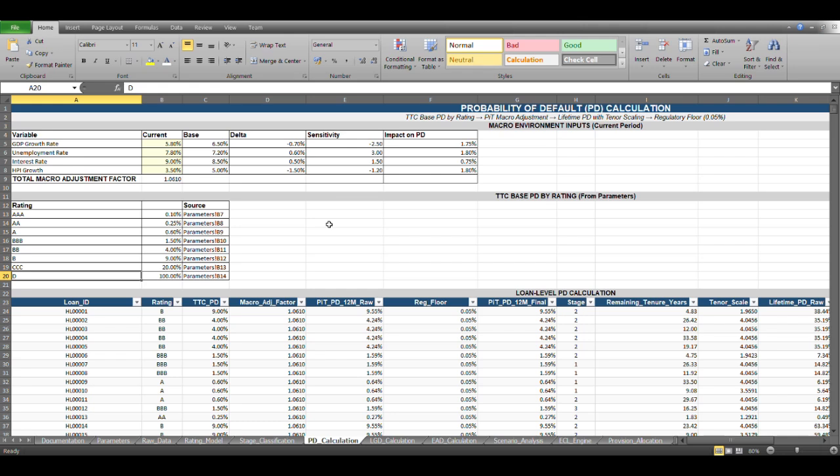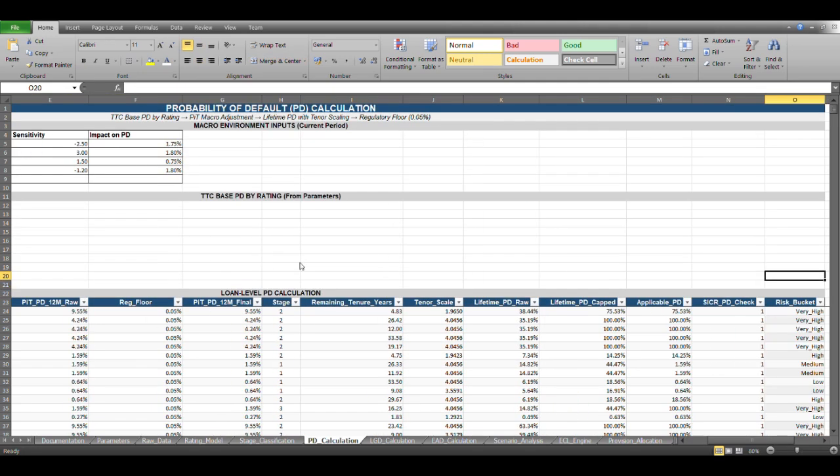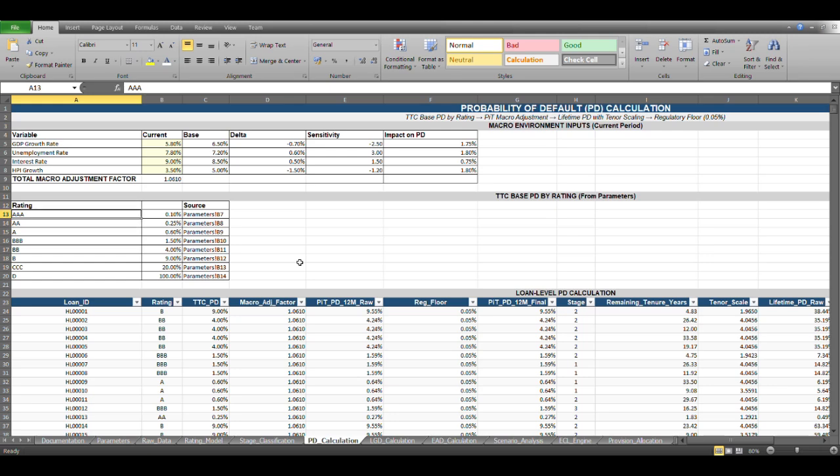The PD calculation sheet is the technically most sophisticated piece. Here we need to first start with the TTC PD from the rating model that we have seen. These are the long run averages, which we know are determined from the historical PDs. But IFRS 9 demands point in time PDs that should reflect the current economic scenarios. So we apply these macroeconomic variables, the GDP growth rate, unemployment rate, interest rate, HPI growth rate, from the current scenarios to the base case scenarios, and then we determine the impact on the PD.